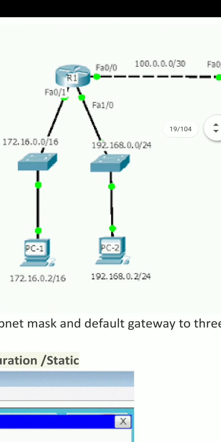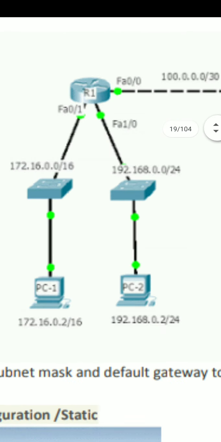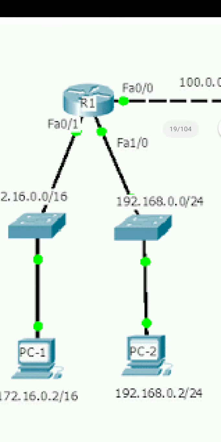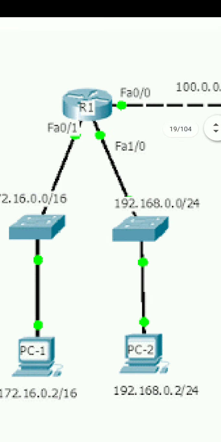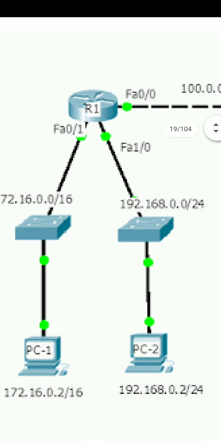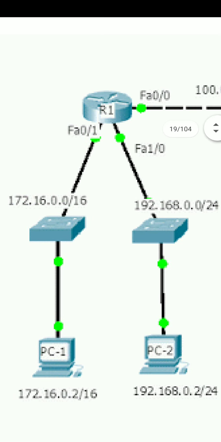Let us first see the interfaces of R1. As you can see in the diagram, R1 has a total of 3 connections. These 3 connections are also called interfaces. The first interface is FA0/1. This interface is called the gateway address or default gateway for the left side network, which is 172.16.0.0.